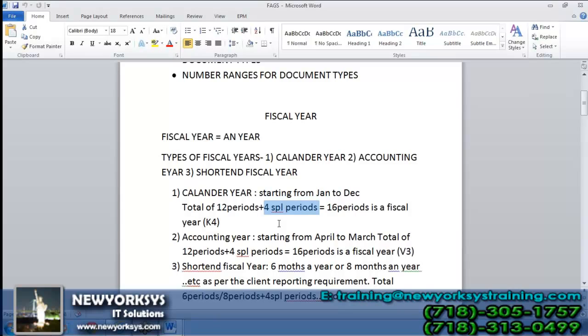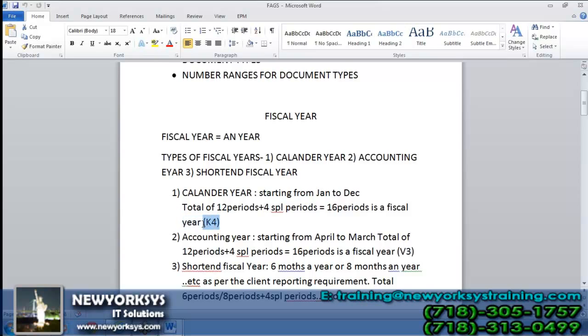Within these 4 additional months, the accounts should be finalized, closed and submitted to the external reporting systems. That is the reason 4 special periods are considered for a fiscal year, irrespective of calendar year or non-calendar year. So altogether we have 16 periods as a fiscal year.